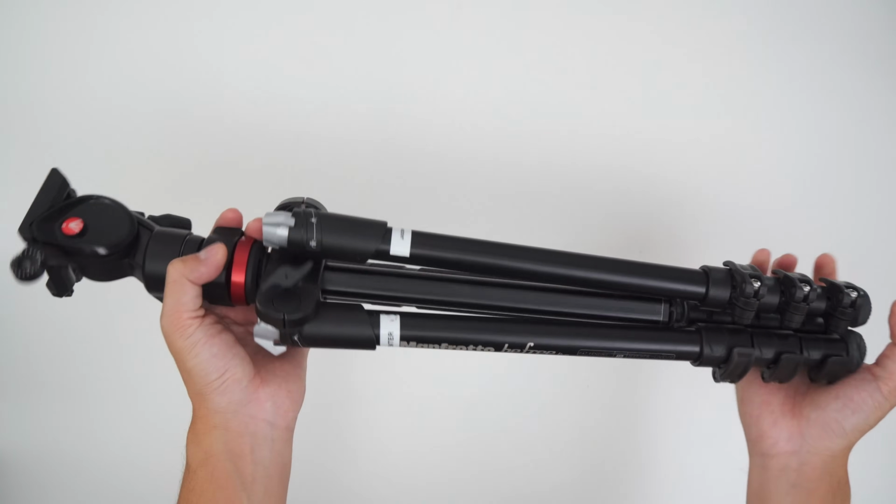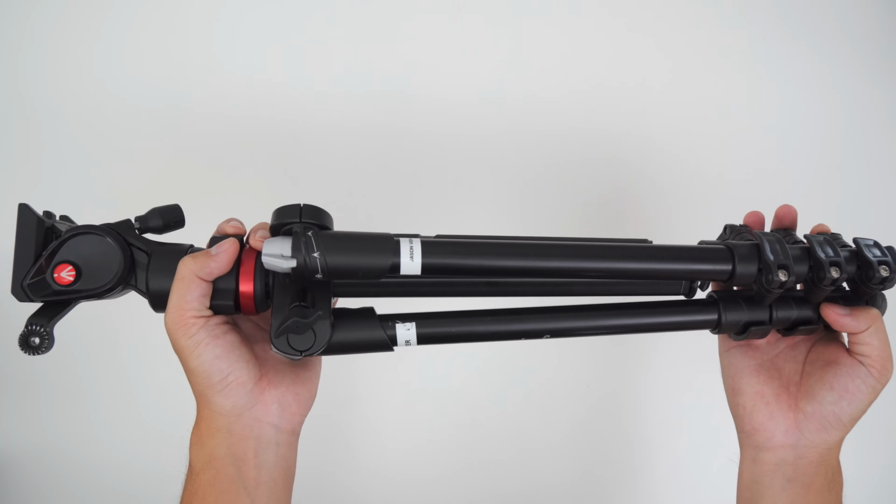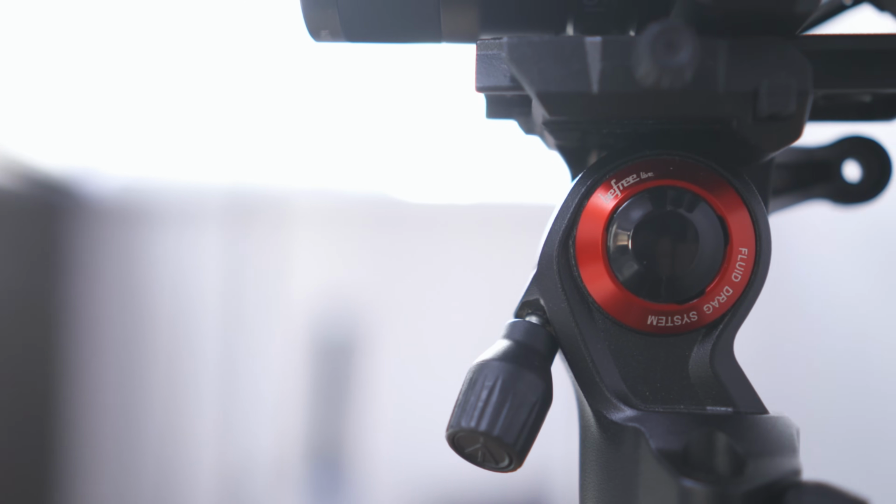For tripod, I'm using the Manfrotto BE3 Live Video Tripod. It's great, it has a fluid head, it has a level adjuster in case my camera is slanted, plus it's super light and travel friendly. Highly recommend it. As for lighting, I'm trying to let as much natural light come into these windows right here